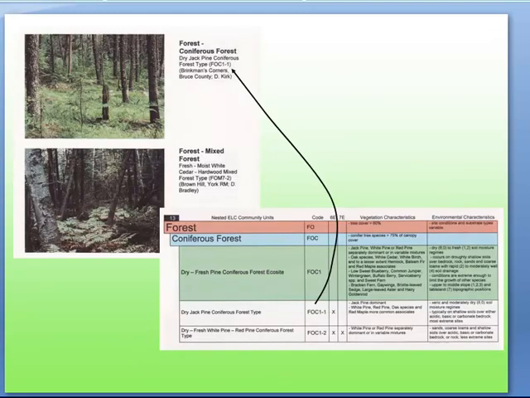So here, if you look at this one, what we have is forest. We have forest coniferous, and it's broken down to coniferous forest, and then what kind of coniferous forest? It's a jack pine coniferous forest. And if you look down here in the ELC manual, we have dry jack pine coniferous forest type, and most jack pine is a dry site, and the code for that type of forest is